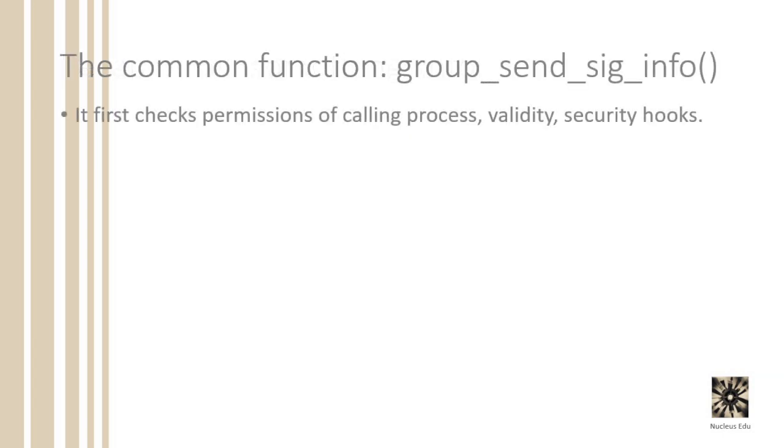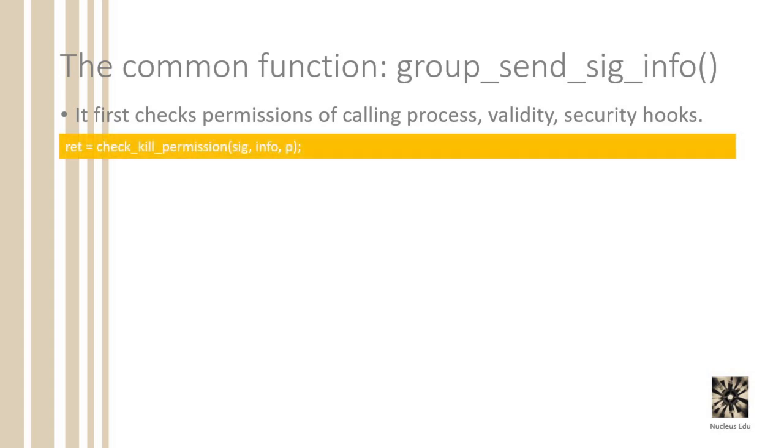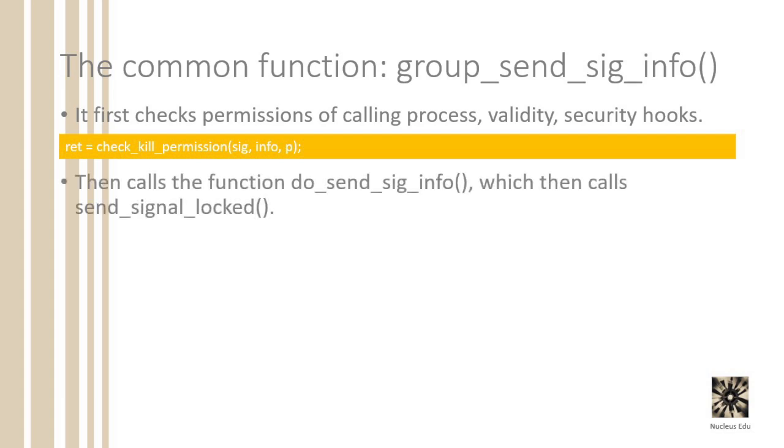Right, now let's dive into the common function that we saw that all the three branches landed into, group_send_siginfo. The first thing this function does is check the permission of the calling process. It checks permission, validity, security hooks, everything. So multiple things are checked, for example, whether the signal sent is valid or not, whether the calling process has the permission to send the signal or not, or it also checks some security module, like SELinux. And if all the permissions are fine, then the function do_send_siginfo is called, which then